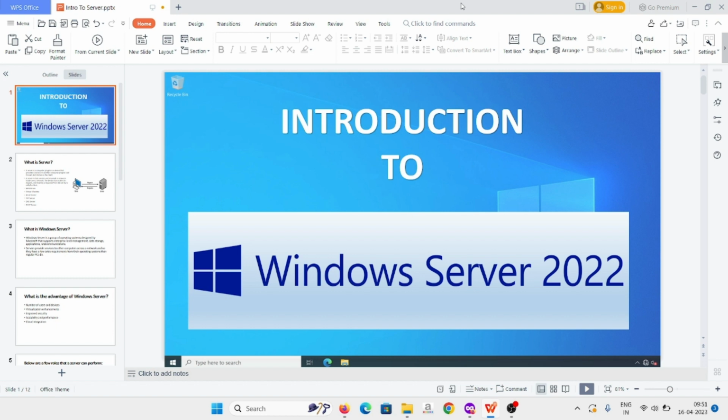Guys, we have started a new series in which we will cover Windows Server 2022 from scratch, and we will cover all the features of Windows Server 2022, and we will also demonstrate it live on our PC